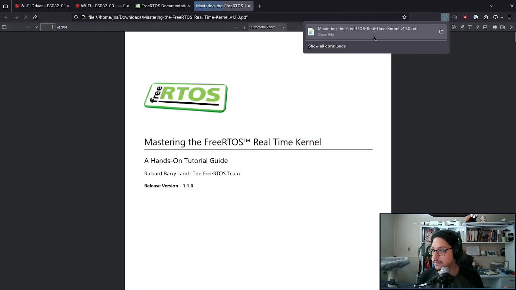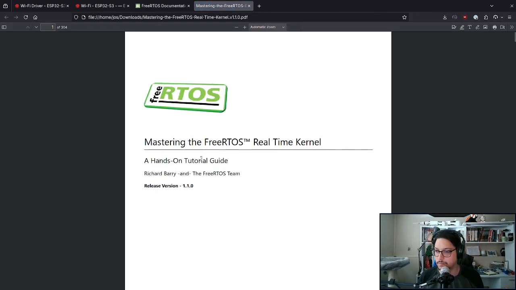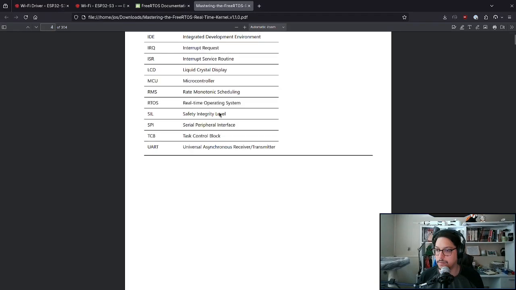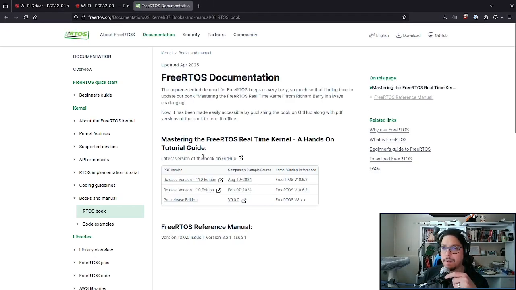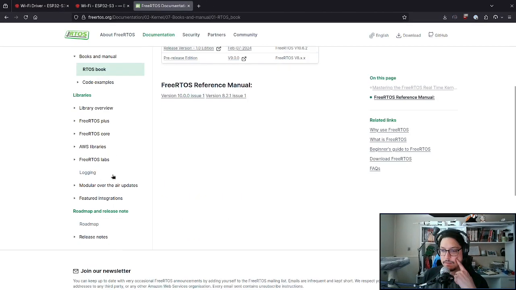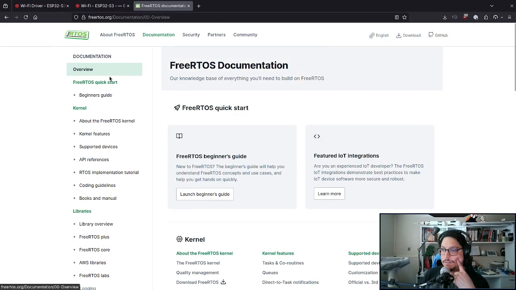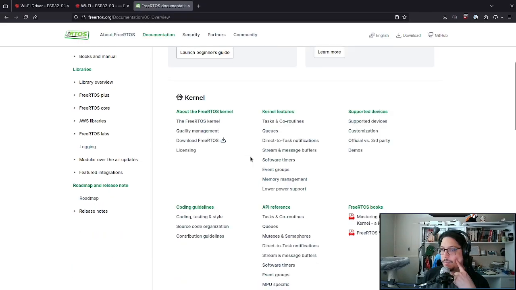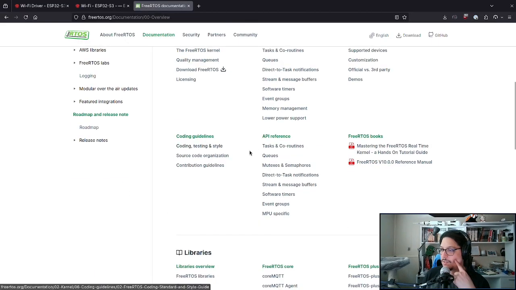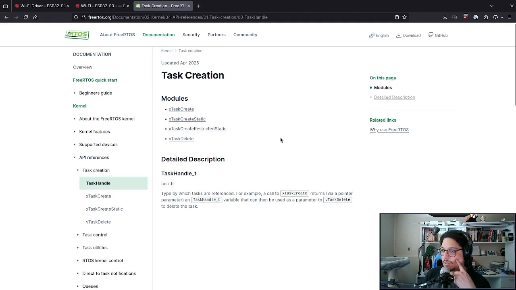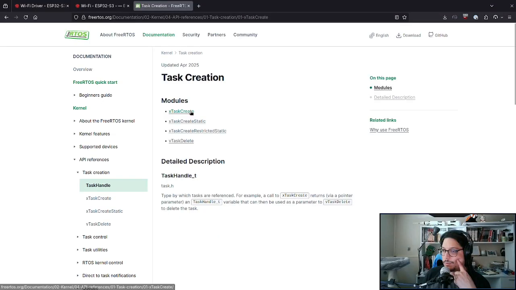What is all this? Oh my gosh. A hands-on tutorial. What happened to FreeRTOS? Did it get, like, eaten? Where's, like, the API documentation? Here. Tasks and coroutines. So if we do task create,